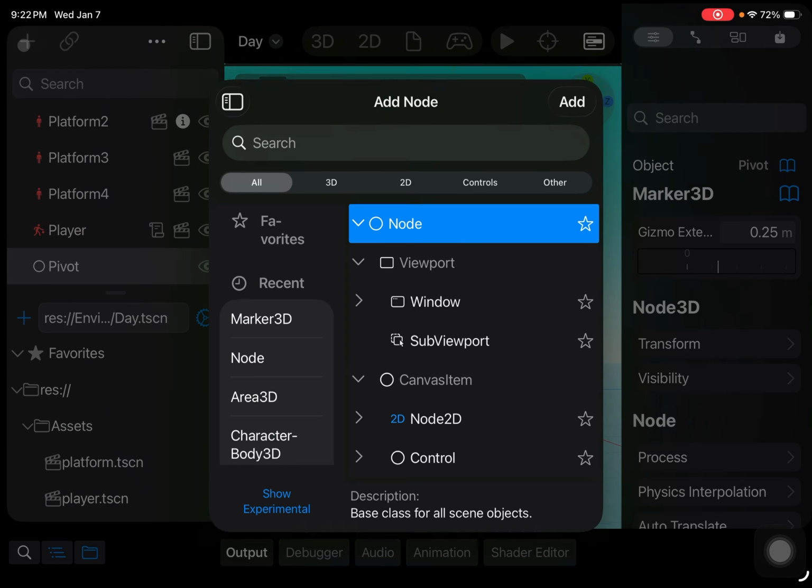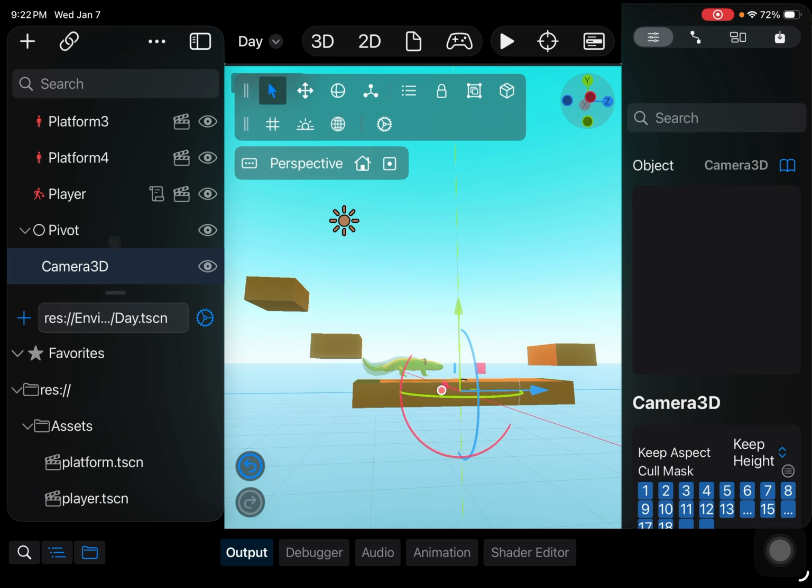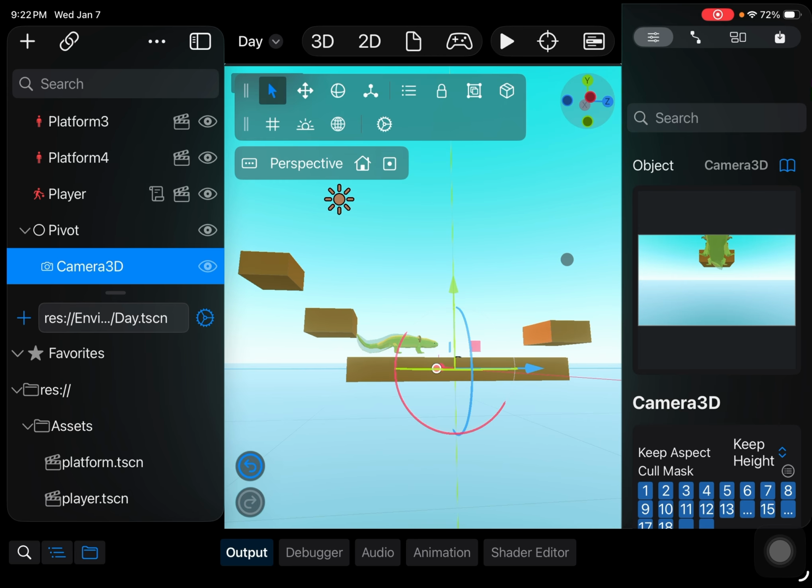So once I have the pivot, then I'll go into adding the Camera3D. And now it's the child of my pivot here. Now, when the camera is active over in the inspector, I can see the preview of my camera, so what the camera is looking at. I can use the widget to adjust the camera view and rotation, and sometimes that works really well. I can also use the transform settings further down in the inspector, but I'm going to, first of all, take